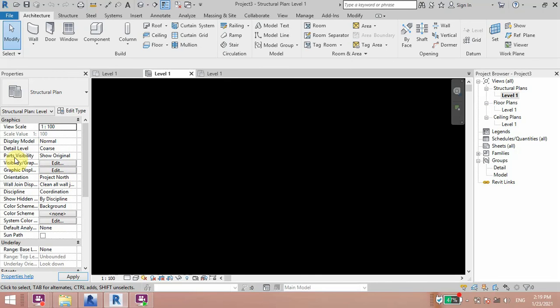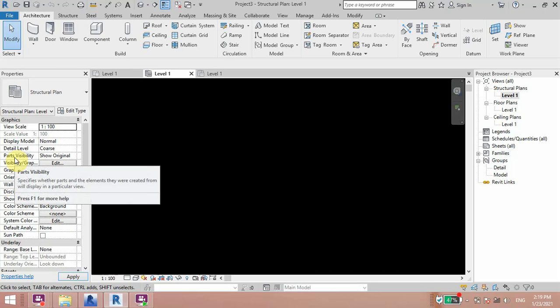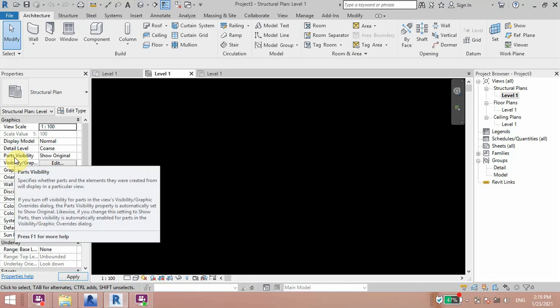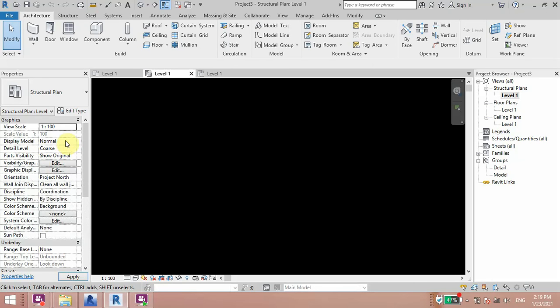And how to display the model: you can show it in normal or coarse, half tone, or do not display. Detail level has three levels available: coarse, medium, fine.